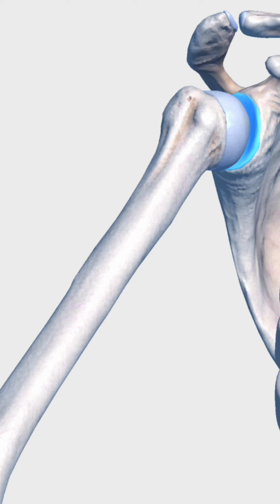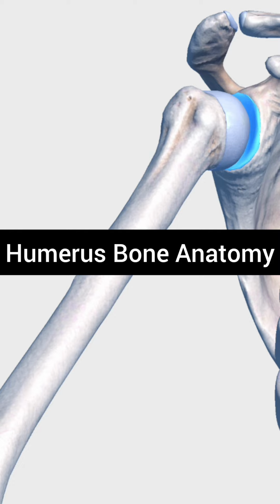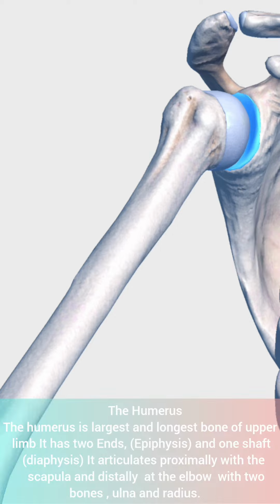In this video we will discuss the humerus bone and go through its anatomical structure. Basically, the humerus is the largest and longest bone of the upper limb, and it has two ends, the epiphyseal and diaphyseal ends. It articulates proximally with the scapula and distally with the two elbow bones, which are the radius